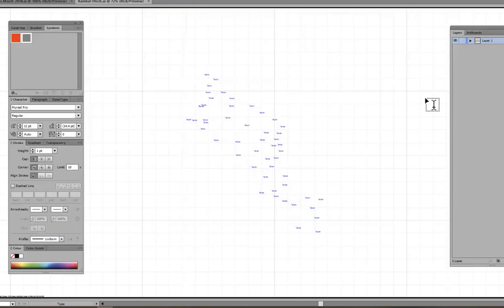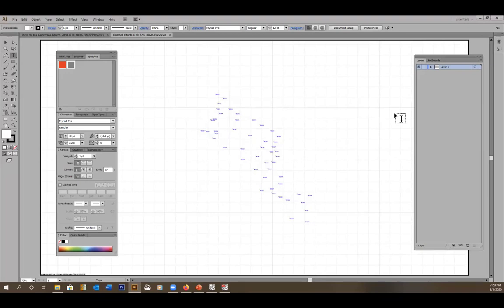Now the next thing I'm going to do is convert the SVG groups to Adobe Illustrator layers. So SVG is not a drawing program. It's just a file format. And when Illustrator